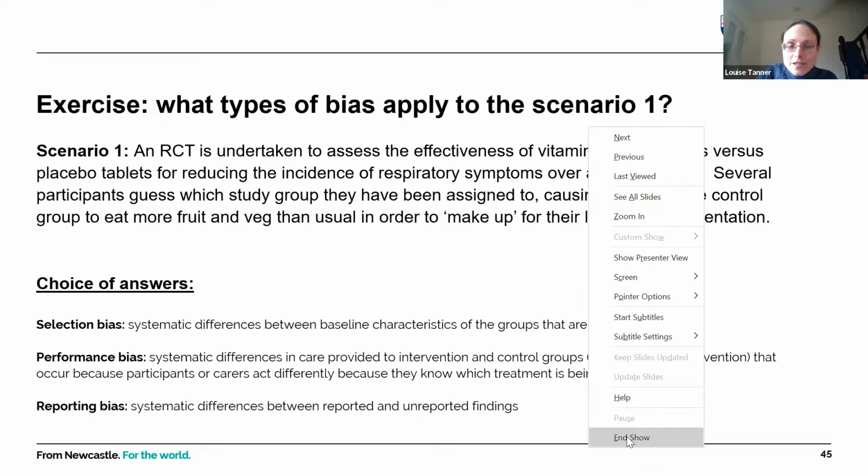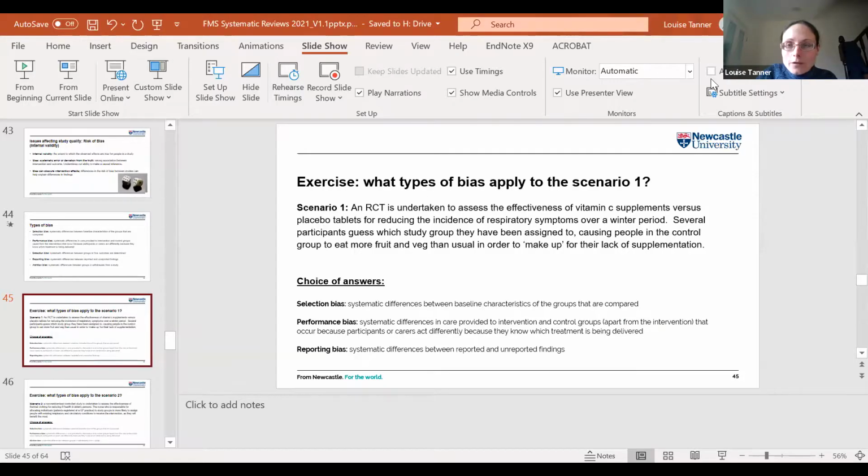I'll continue sharing the slides whilst I log into Mentimeter, and I'm going to put a link to the place where you can vote into the chat box.